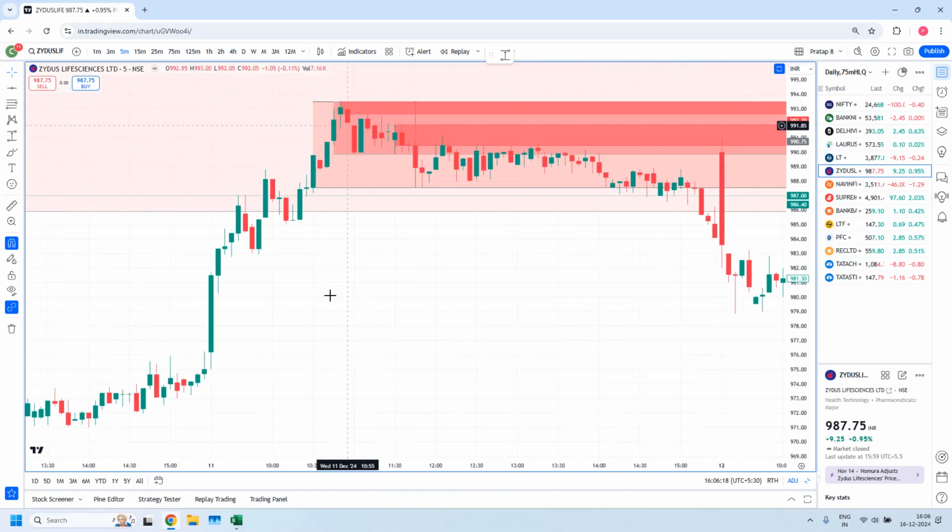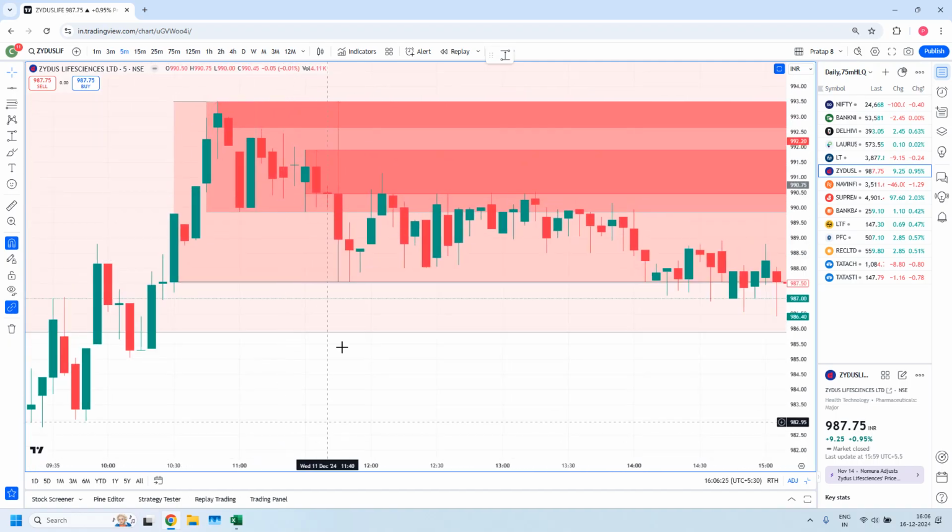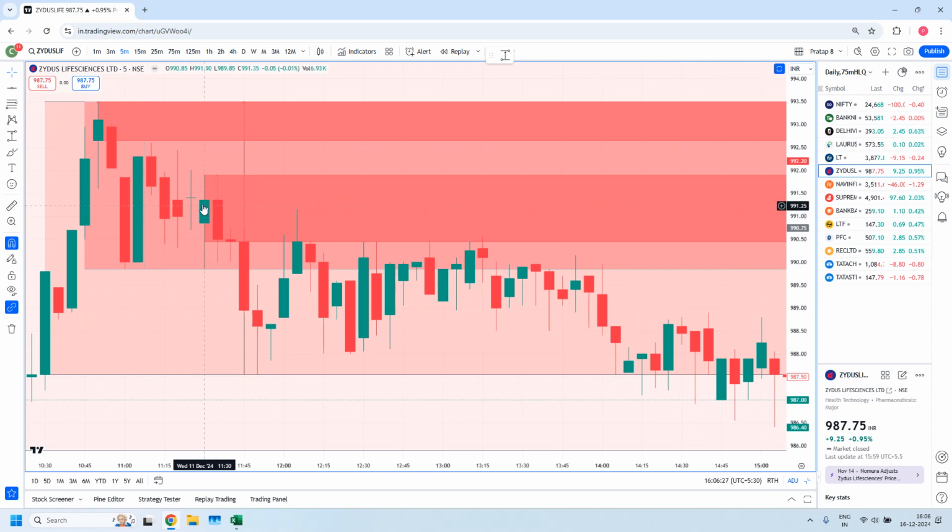But remember, before you take a trade in this zone, this particular 5-minute zone has to be violated. And moreover, this is a high liquidity zone. See here, you have a leg-in candle as a rally candle, you have two base candles, and then you have a drop candle. This rally base drop is